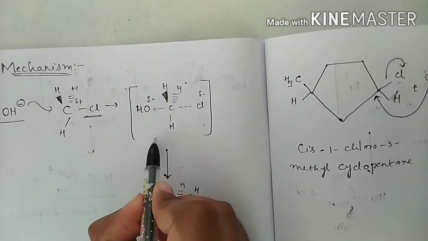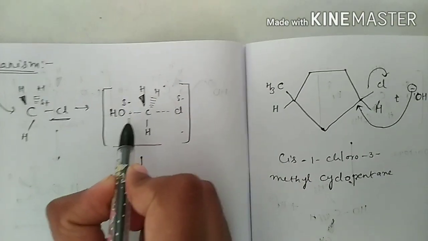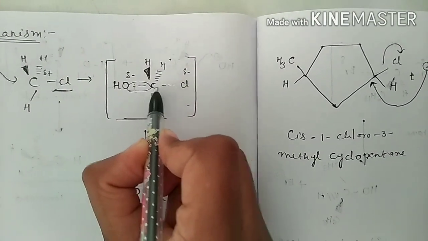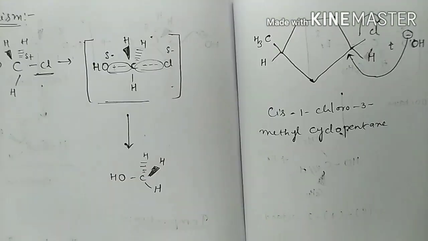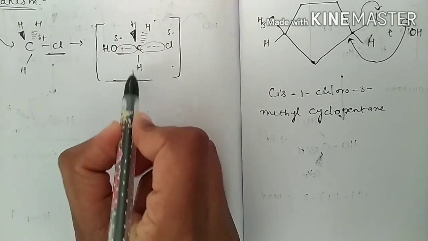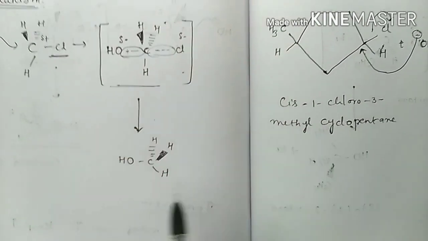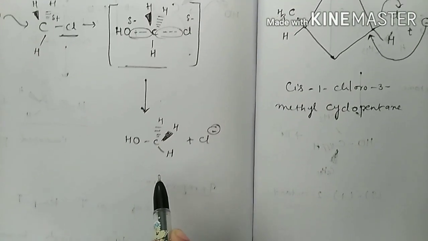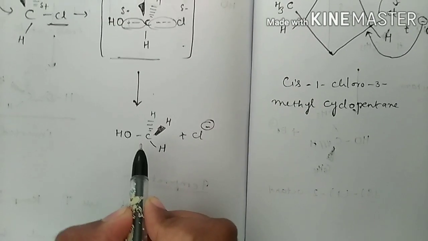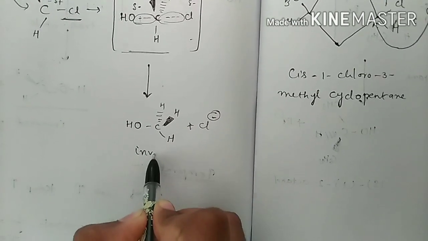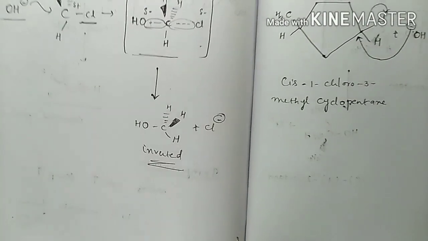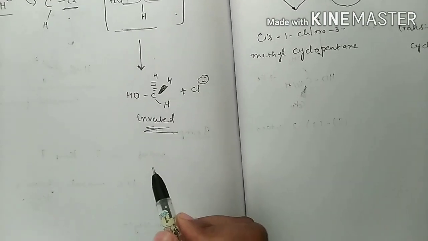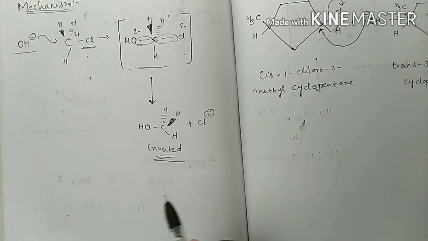This results in the formation of a transition state in which a bond between oxygen and carbon is partially forming and the bond between carbon and chlorine is partially breaking. Here, the configuration of the carbon atom begins to invert, and in the final product, the bond between oxygen and carbon is completely formed and the configuration of the carbon is also inverted. So in any SN2 type of reaction, the final product will be inverted in configuration.